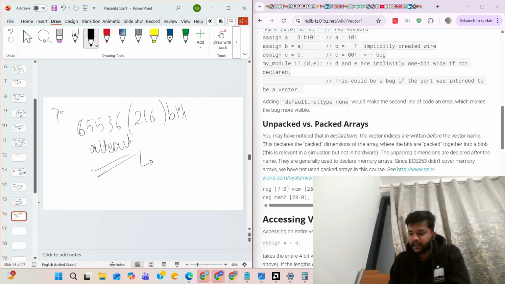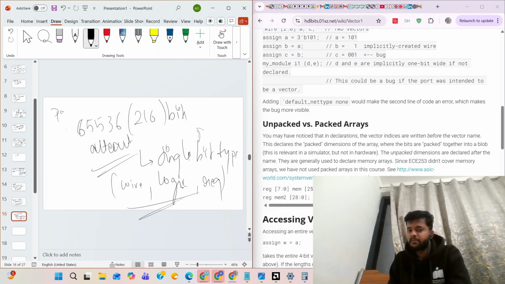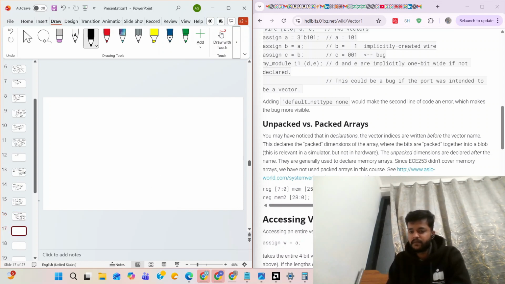And in a packed array you can only have single bit types only, let's say wire, logic, reg, whatever it is. It can't be multiple bit in a packed array. Here is a difference.